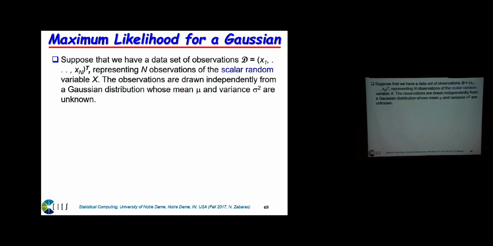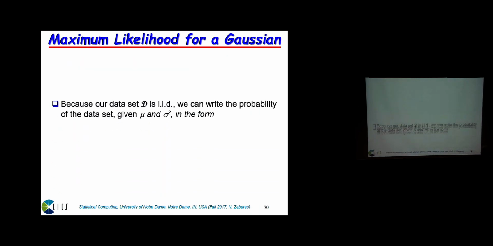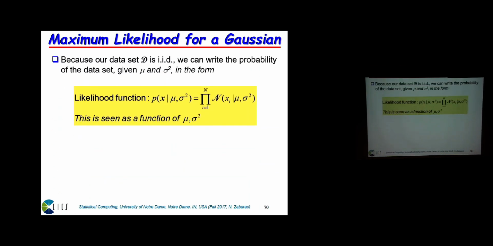All right, so let me go to the MLE estimate, and we will do this formally. We have a univariate Gaussian. This is what it is. And somebody gives us samples of X. And we want to find the best estimates of mu and sigma squared. The best estimates of mu and sigma squared are the estimates that maximize the likelihood, the evidence of the data. Right? So we assume that these data are IID coming from this underlying Gaussian. And we will find mu and sigma squared that maximize what we call the likelihood function.